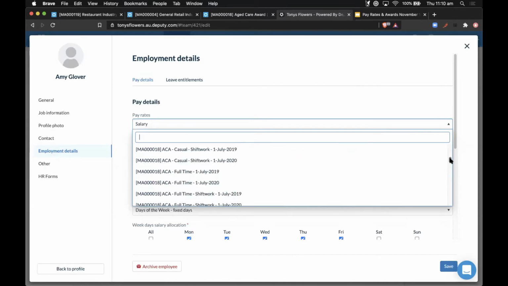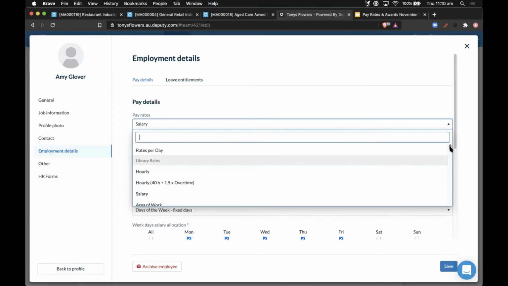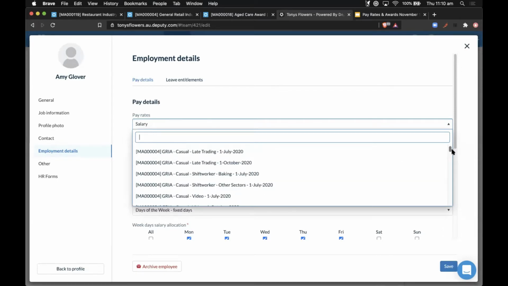And so these awards is basically, we call it the Deputy Awards Library. And it's quite a big library. It has everything from GRIA to RIA to SHADS to ACA to heaps of different acronyms that service a whole bunch of different industries, from securities to hospitality to healthcare. There's a lot that it covers.